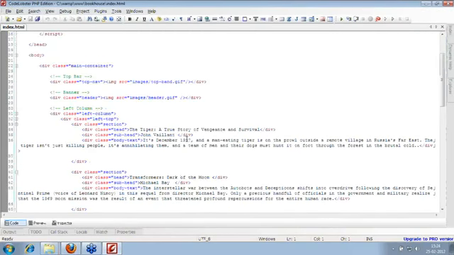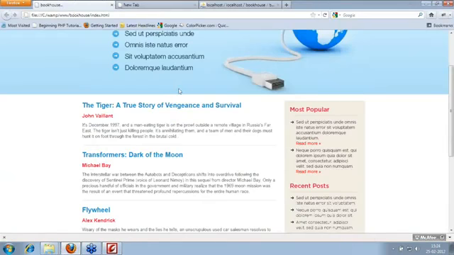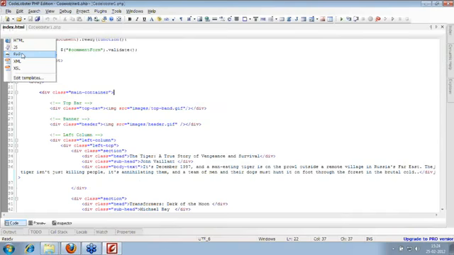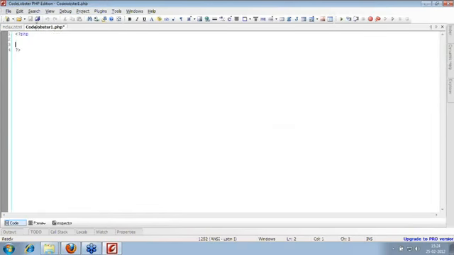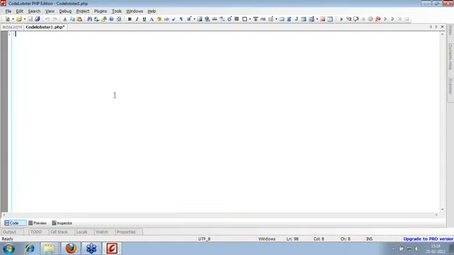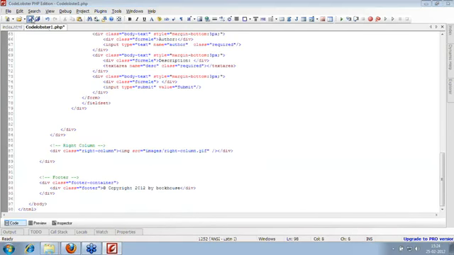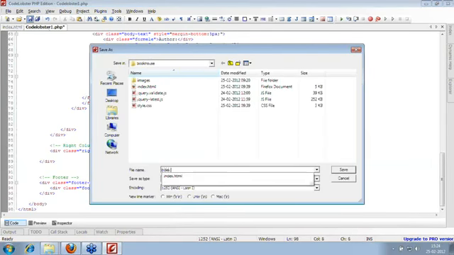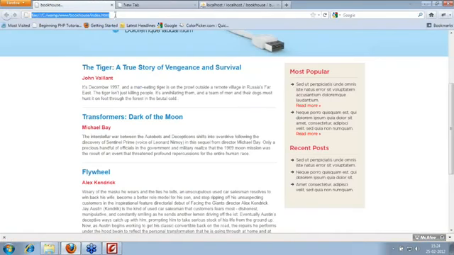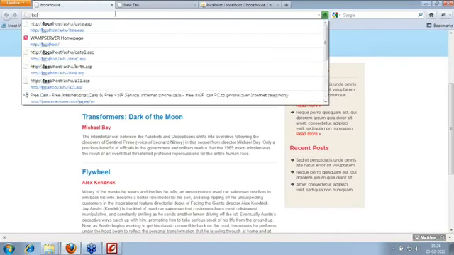Now when I'm trying to store it, I'll first create a file for PHP. I have created a file. The beauty of the editor is that it gives you the PHP tag where you can insert the values anywhere you want. I don't need it right now, so I can just delete it, and I'm taking the whole HTML as it is and putting it into my PHP code. So let's save it. I'm saving my file as index.php. I'm not making a single change in my HTML code right now, and my PHP page will work as it is.